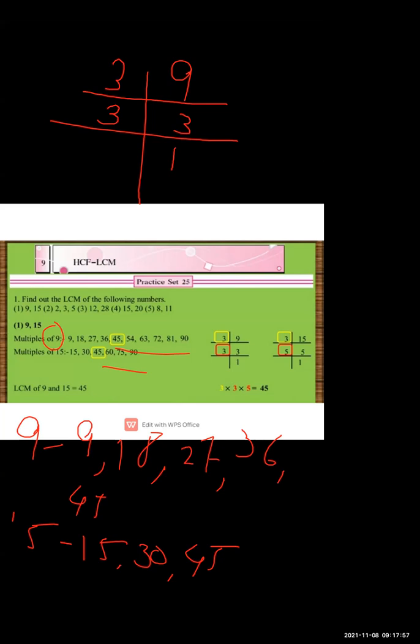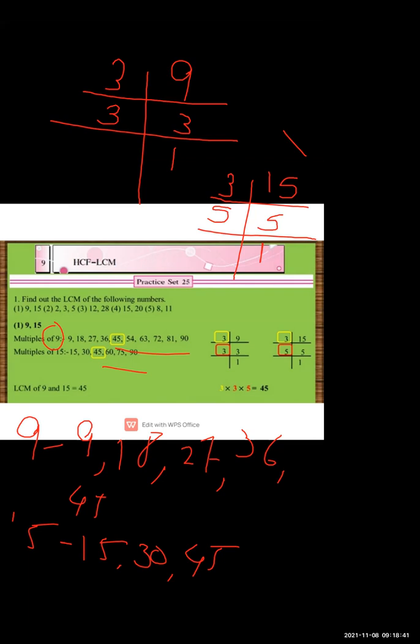Next number is 15, so here we will write 15. Is 15 going in the 2 table? No. I have explained how you will know by the unit place number. Unit place के numbers से हमको पता चलता है that number is going in a particular table or not. Now 5 is not going in the 2 table, so 15 will not go in the 2 table. So we will take 3. 3 fives are 15. Is 5 going in any table? No. So we write 5 ones are 5.